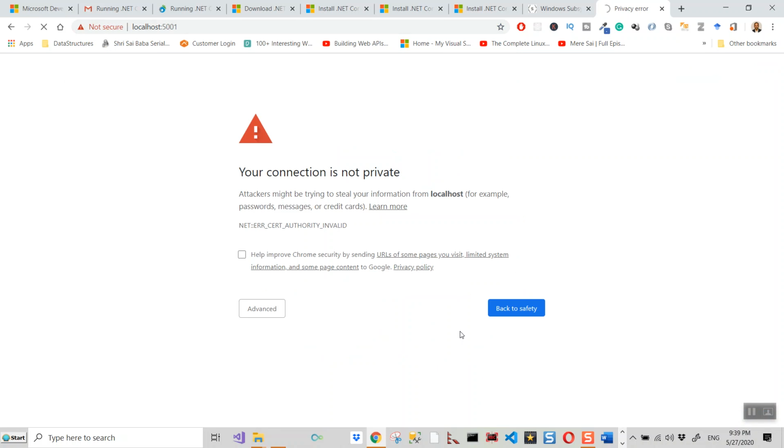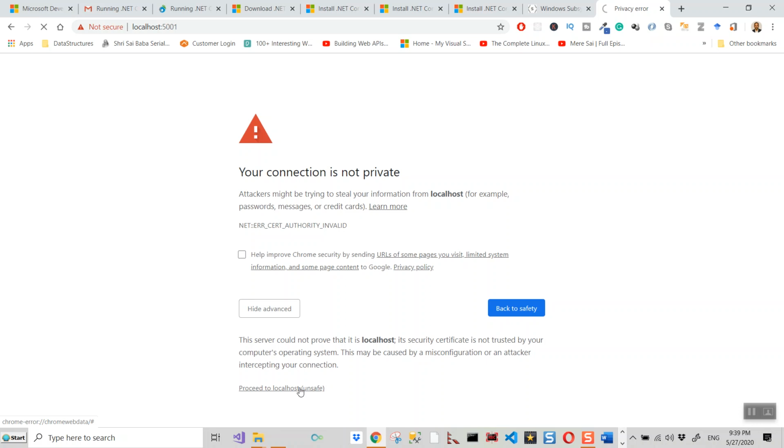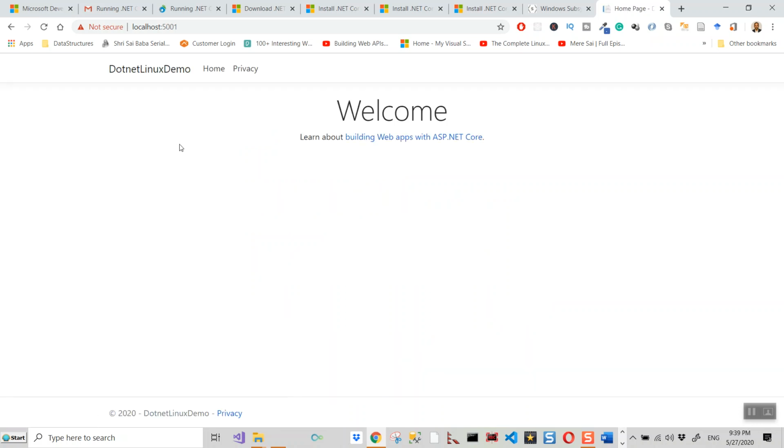It's coming up with your connection is not private, so click on advanced, proceed to the localhost. So there you are, the .NET Linux demo has come up. So this is the application that we have built purely with the Linux subsystem.